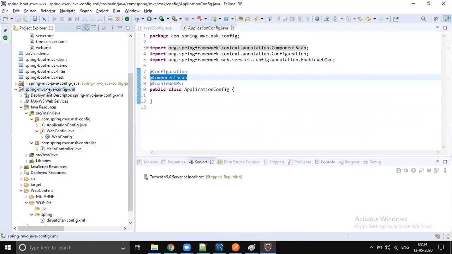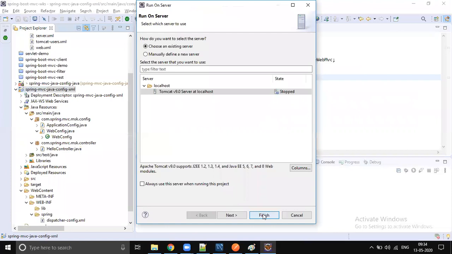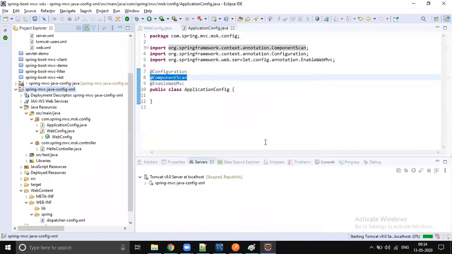So let's run this one more time. Run as server, finish. It's the same application, same URL.